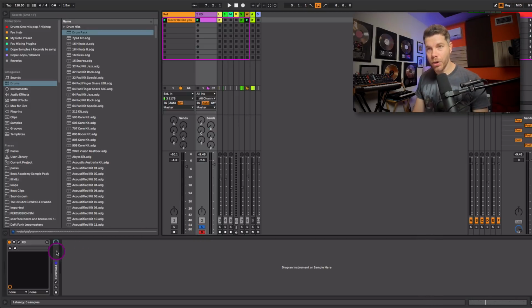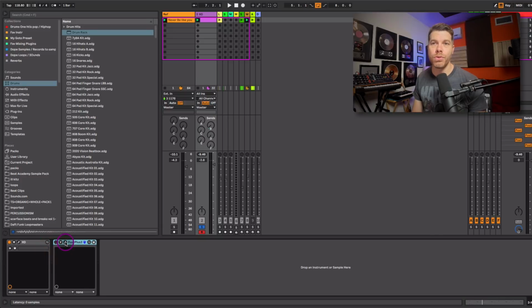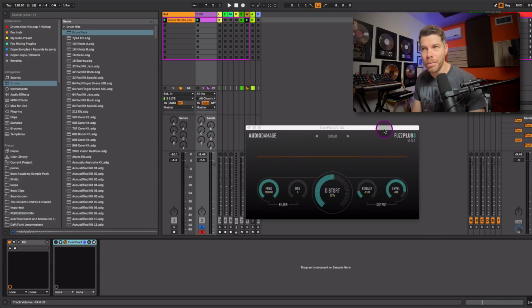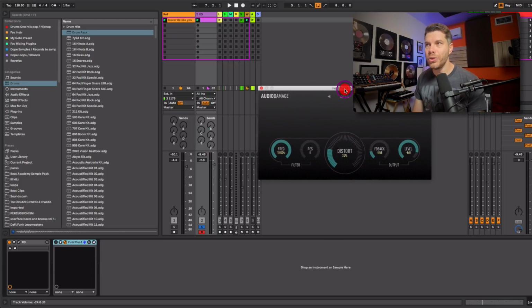So I'm going to be using the Fuzz Plus 3 by Audio Damage. Highly recommend that you download this. It's a free plugin, so it's a gem, and it's got a unique tone to it. And so it works across any DAW. So we'll turn this on, just give a little bit of distortion, and